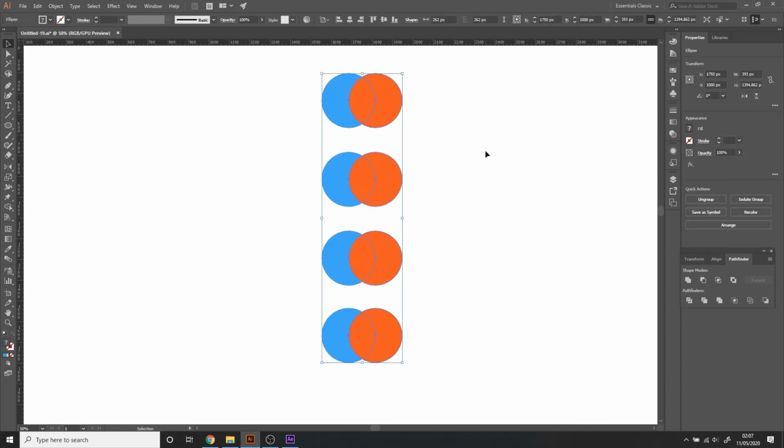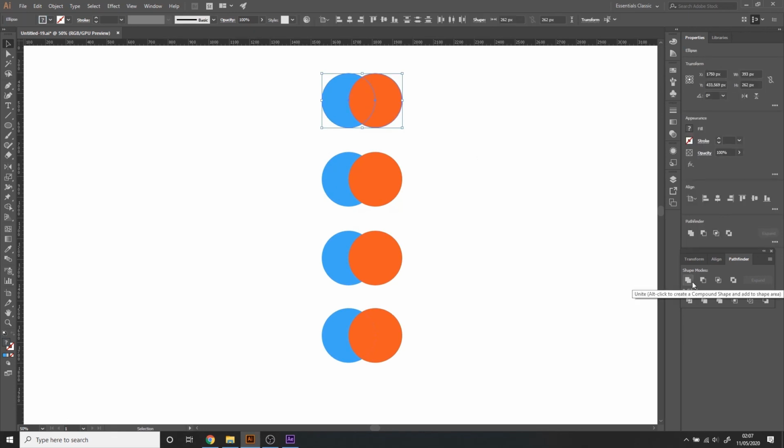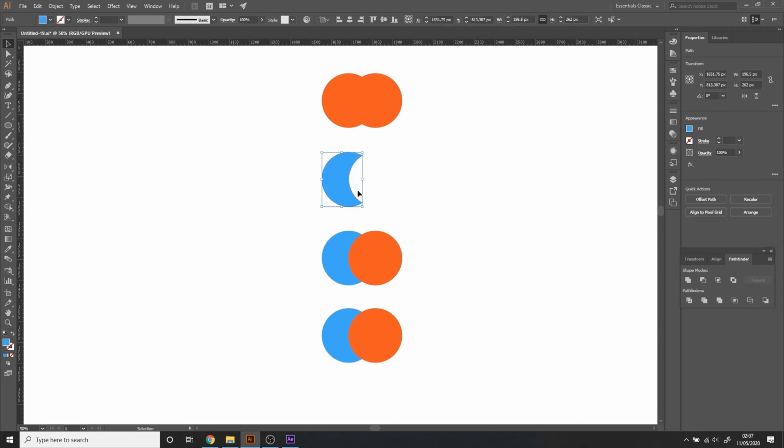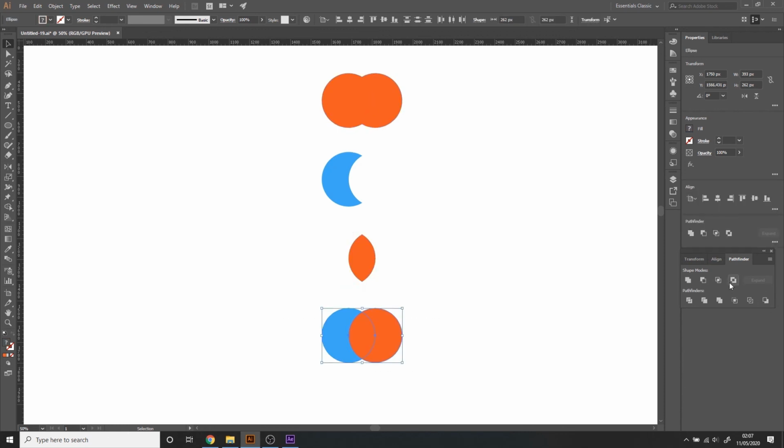With the Pathfinder tool, you can unite two objects. So if I unite these two, it's going to take up the color of the top one. For the second one, let's try the minus front. So if I minus front, it's going to remove the front object from the object at the bottom. I can intersect them, which will keep the color of the one at the front. And I can exclude, which removes the intersected part between the two and it takes up the color